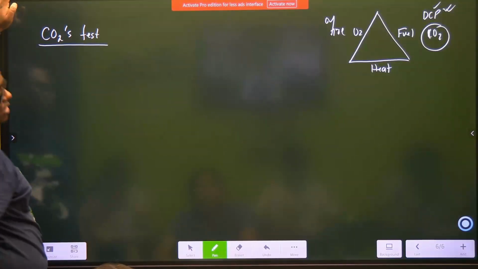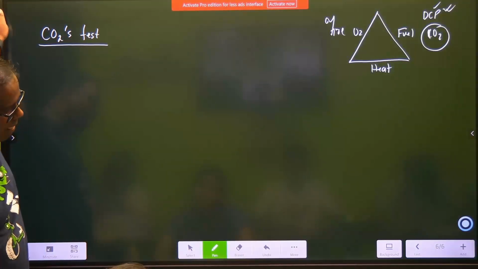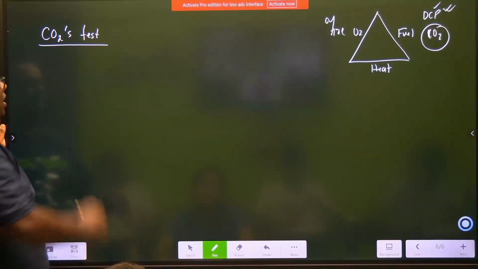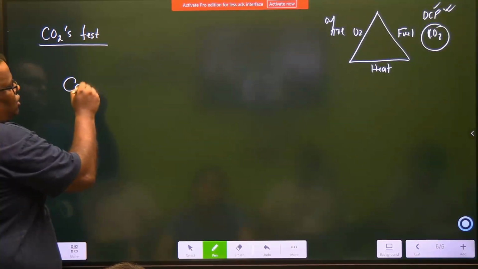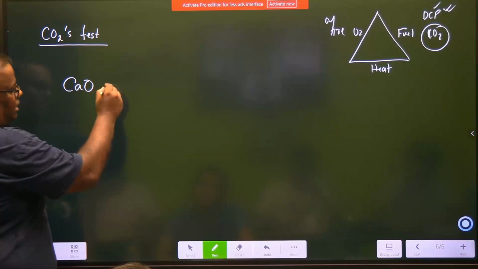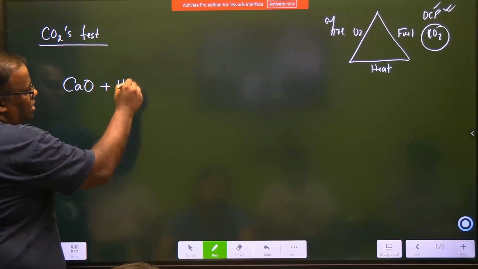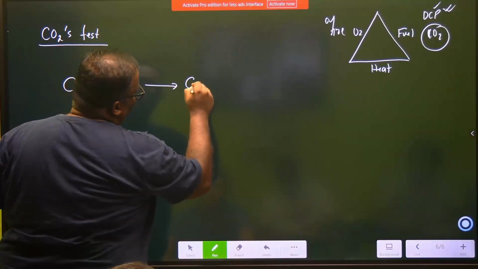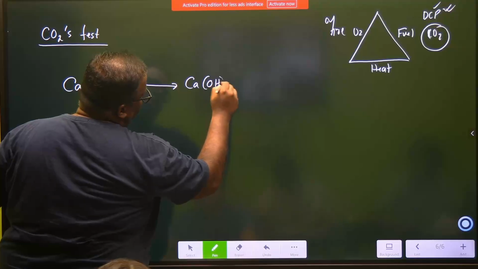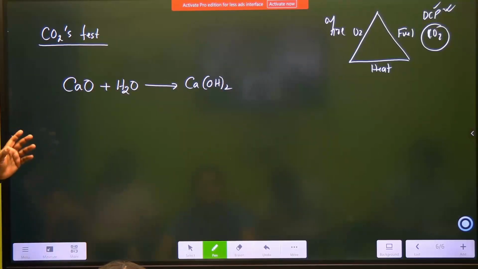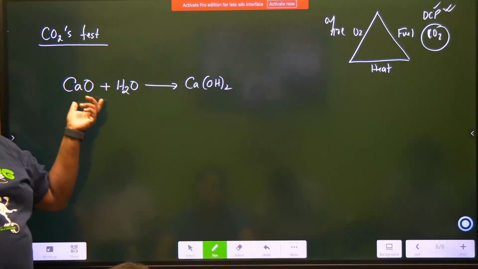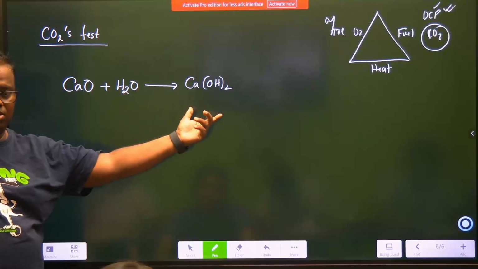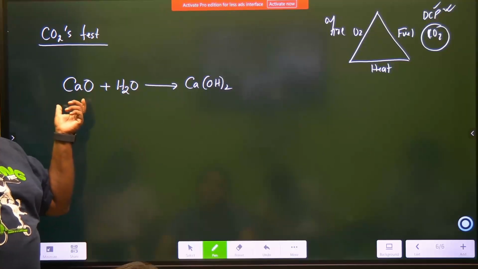Though I have done it in the first chapter, we'll do it again. How is this test done? From the market, buy calcium oxide and react it with water like a painter, and you will form what is known as calcium hydroxide. If you want to write, you can write: calcium oxide, water, calcium hydroxide. This is known as